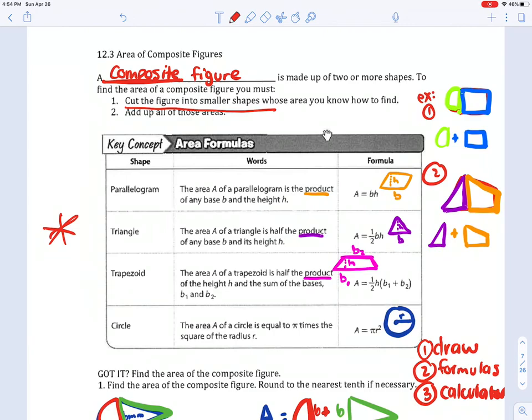So in all of these, your A stands for area, your B stands for base, your H stands for height, your R stands for radius. You would have to know what each of those letters stands for, but you will be given a formula sheet. So like I said before, if you need to go back and look at these examples, you can. If you need to email me, you can. There's a couple extra examples in your book as well. We will go over this section and section 12.4 on